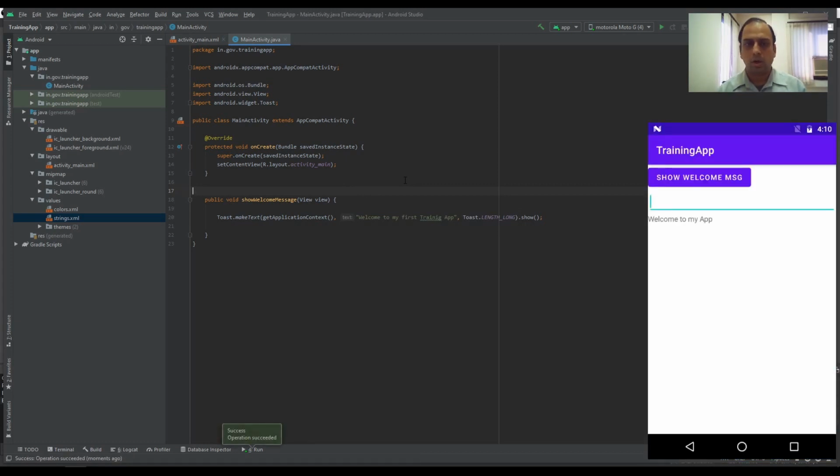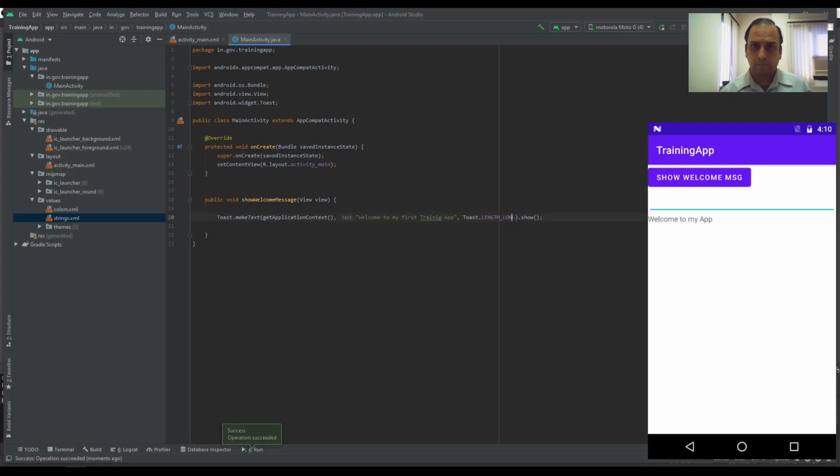Now the graphical user interface is similar to what I had previously, but when you click on this button, it will show a welcome message at the bottom: welcome to my first training app. This is a toast, and this message is sustained for about 4 to 5 seconds.